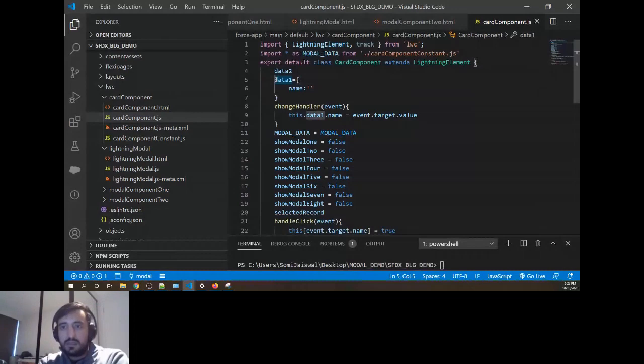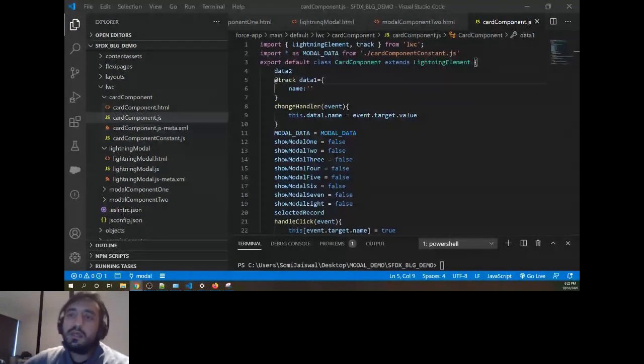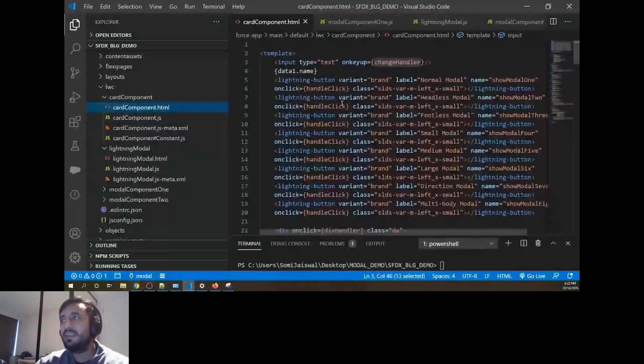Okay, and can you please answer Rutika's question? Where is Rutika's question? Okay, one last thing: instead of writing so much code in the HTML in the card component, can we use @? See, the @ namespace is only for what we call Aura components. Why it looks like too much code is that I'm writing 10 models in the same component. But in real time, you don't have 10 components in the same code, right?